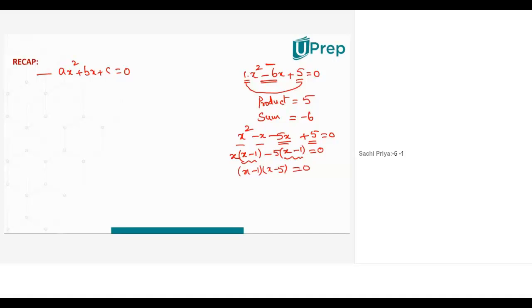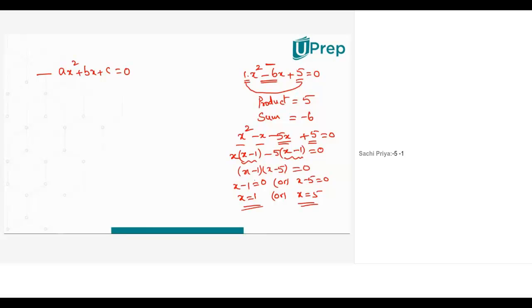Obviously clear here, it's a product of two factors. We are able to express a quadratic equation in terms of a product of two factors. And the product of two factors is 0. When is this possible? Either x minus 1 is 0 or x minus 5 is 0. So I'll have x equal to 1 or x equal to 5. So for the quadratic equation, I am able to identify the two roots, that is x equal to 1 and x equal to 5. So these are the last two classes that we did. We tried to identify a quadratic equation and then we tried to solve it by a method called factorization.